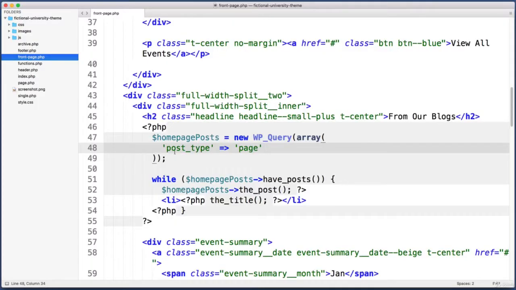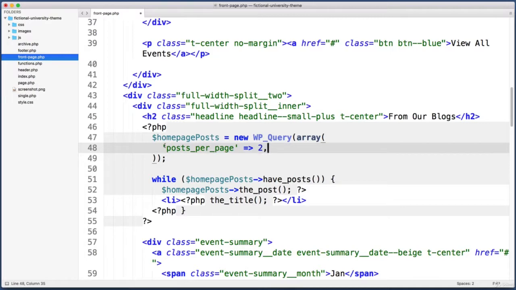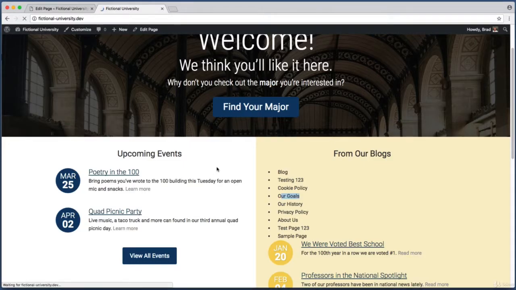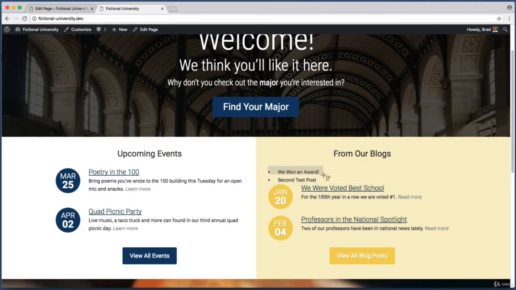Anyways, long story short, there are tons of different parameters that we can experiment with here. We are going to be writing a ton of custom queries before this course is over, but for now, all we really need is posts per page equals 2. Now let's spend the remainder of this lesson using this styling and template for the 2 posts that we are